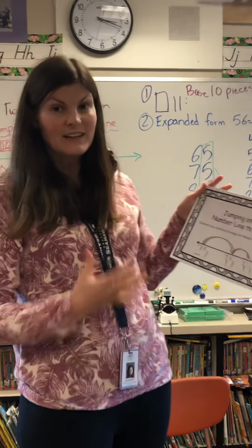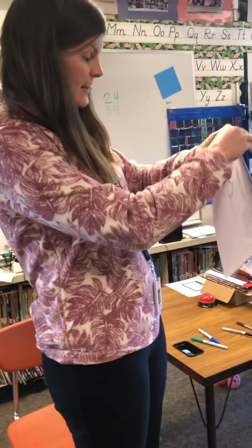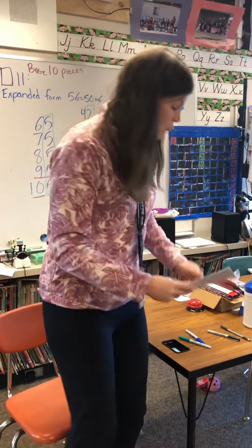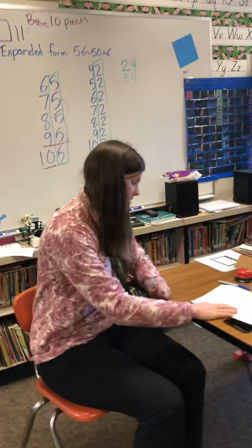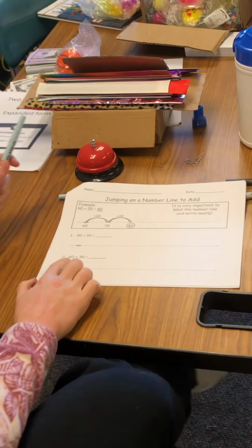We're getting into jumping on a number line. Okay, this packet, now this is really tricky, I have to say, so you might need some support. We today are going to do pages number 1 and 2. We're only going to do 2 because I want us to get good practice with this. So now I'm over here and I'm looking at page 1, and I'm going to do the second one, which is